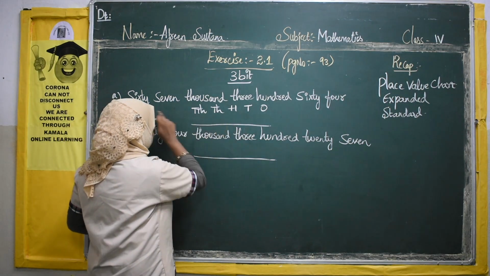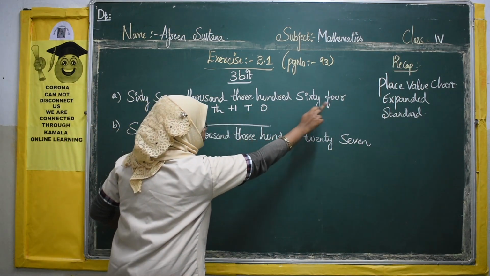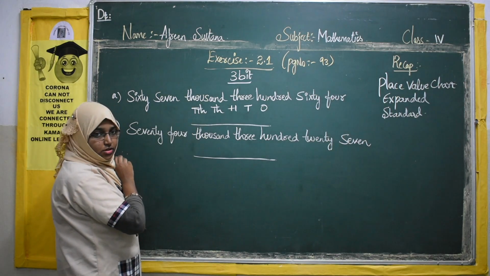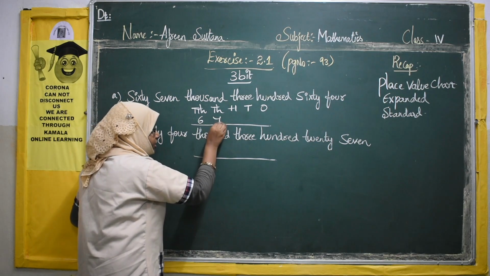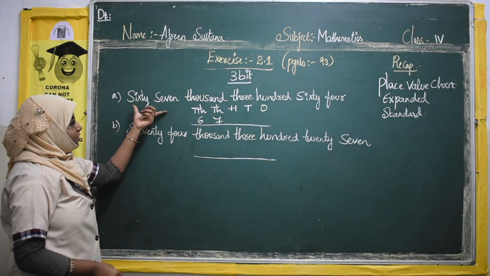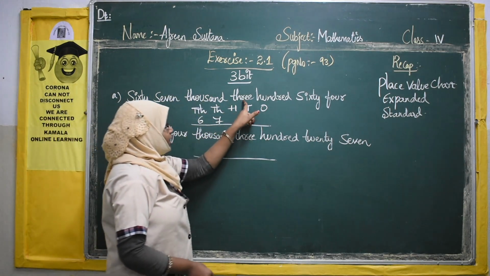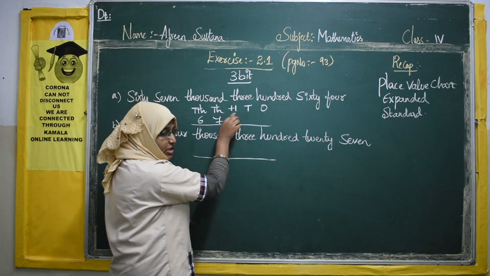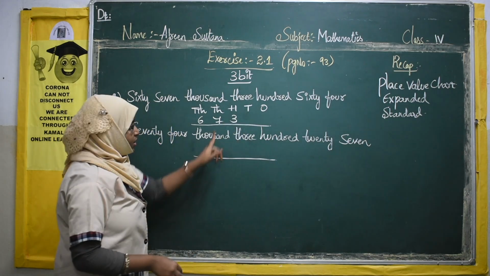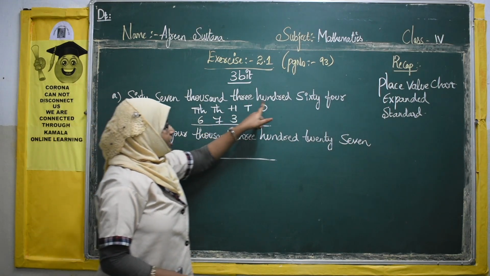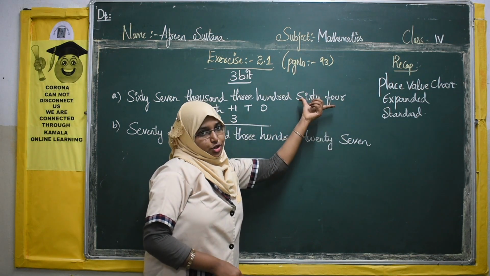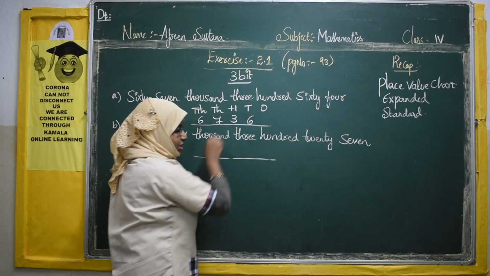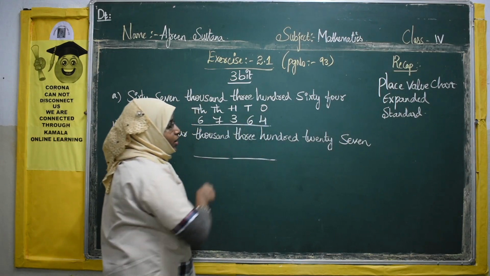So what they are saying, 67,364. So we will start writing, the 67 will go in the thousands row. So 67,000. We have written the first two digits. Now let us move to 300. 3 will go under hundreds place. Now 100 place is here. So we will write 3. 3 into 100 is 300. 364. What we said, the last two digits at a time we will write. So 64, 6 will go in tens place and 4 will go in ones place.